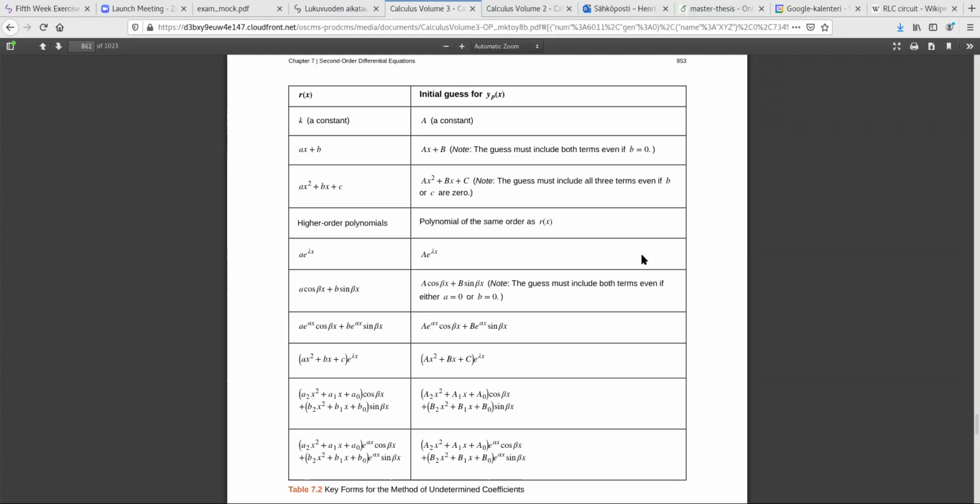Again, remember, if it's just cosine or just sine on the right-hand side, it's usually necessary to include in your initial candidate both the sine and the cosine, because when you take their derivatives, both appear, even if they are supposed to cancel out. Then there are combinations where you have exponential functions and sine and cosine. If you have a polynomial times an exponential function,